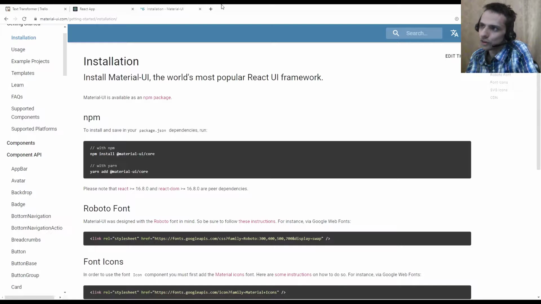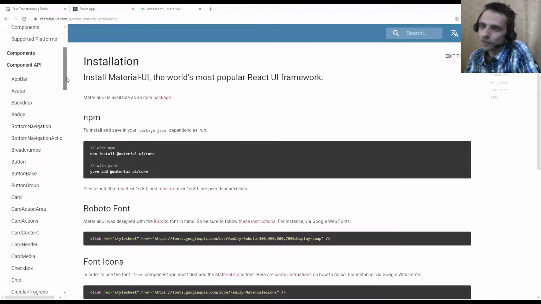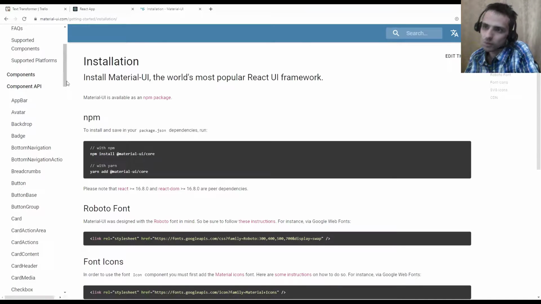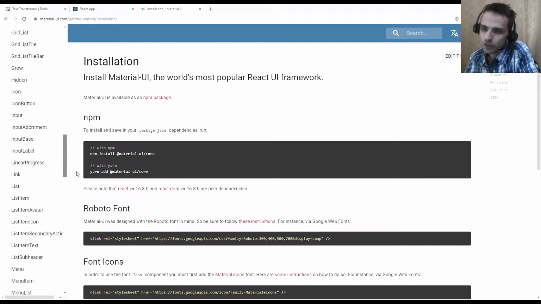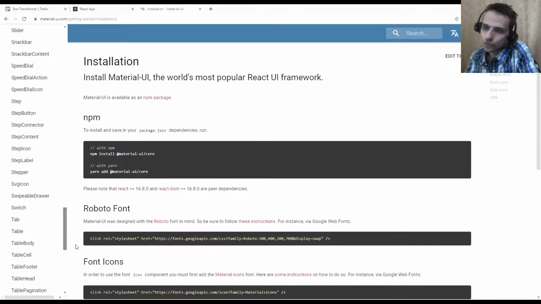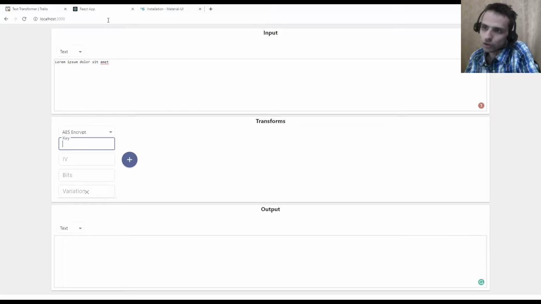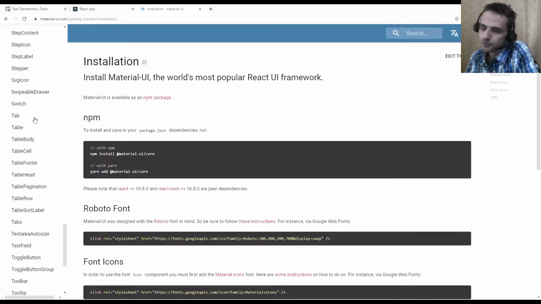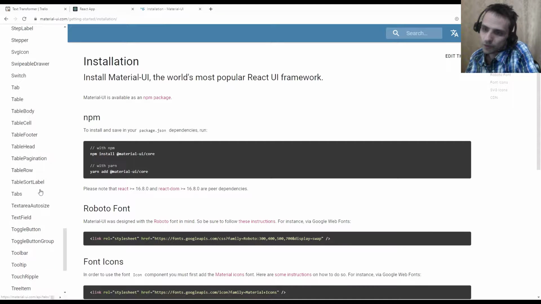I was actually trying to search for Material UI reference and couldn't find any, but it's called Component API. That's what you need. So if we go to the text field component, which I use to display these inputs,